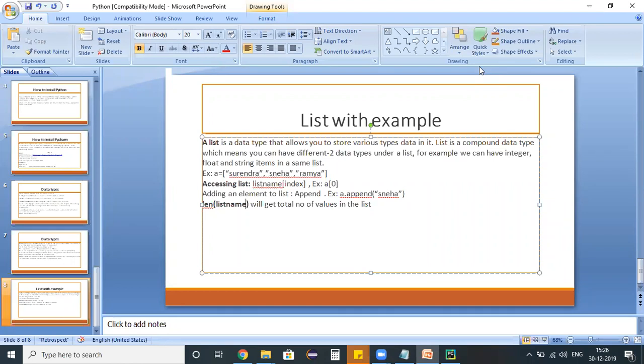Yesterday we discussed strings and gave an overview of other data types. Now I would like to explain a list and the various options we have inside a list. List is a data type that allows you to store various types in it. A combination of an integer, float, and a string, all of these I can store in a list. Here is an example. In this example, it contains only a set of strings.